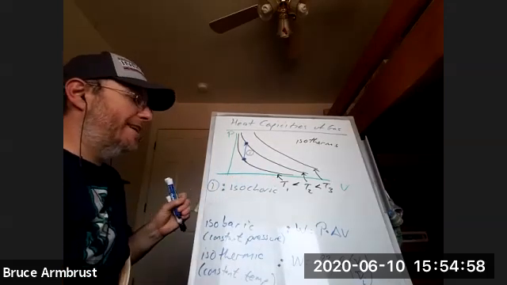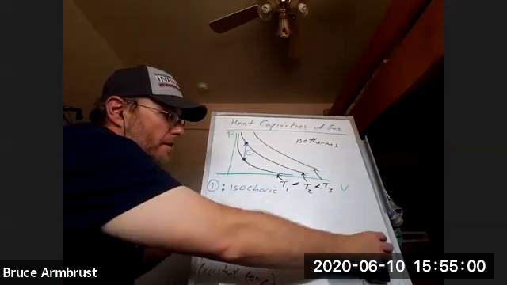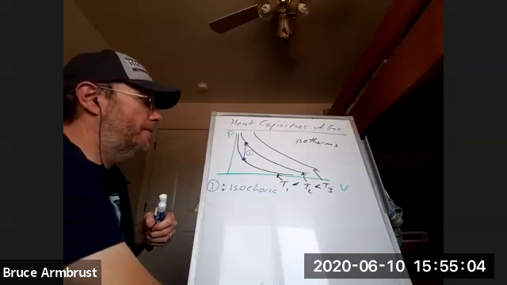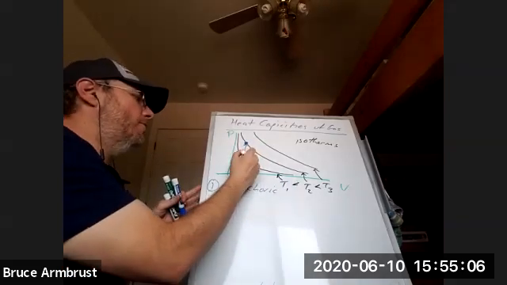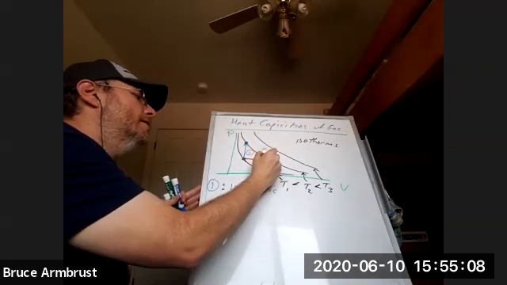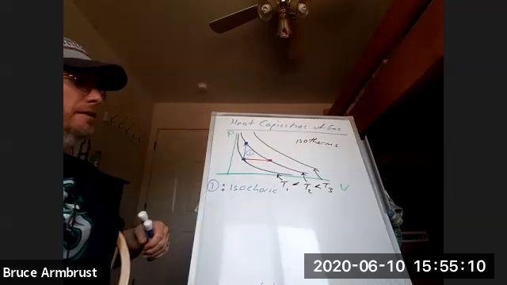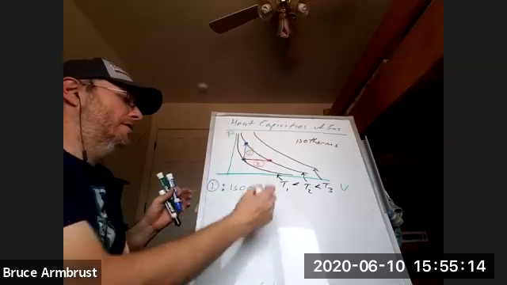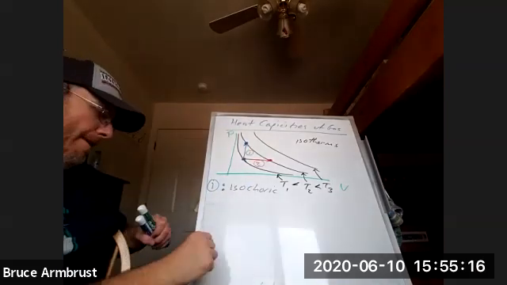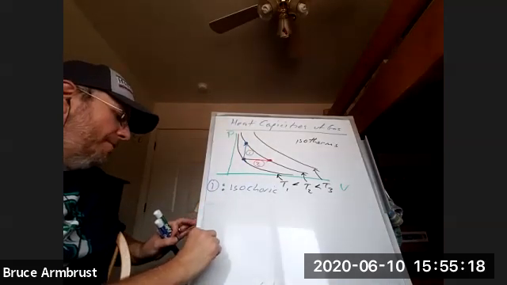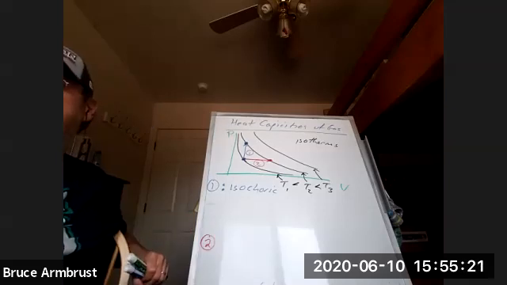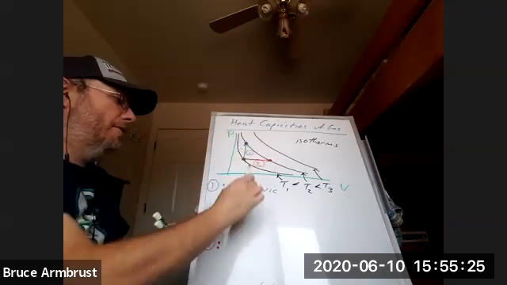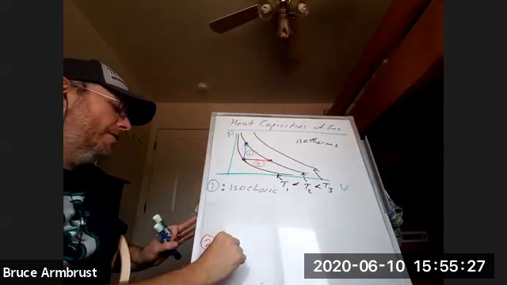So we'll look at what it does. Okay, so that's going to be one way we do it. The other way we're going to do it is if we move horizontally over to this point. So we'll label that one 2. And so this process is the isobaric, right? We've got the same pressure throughout. We're just increasing our volume.